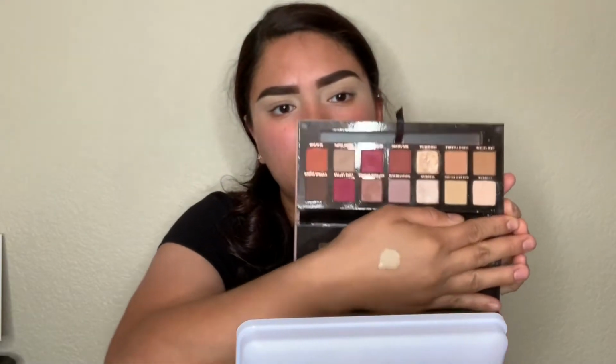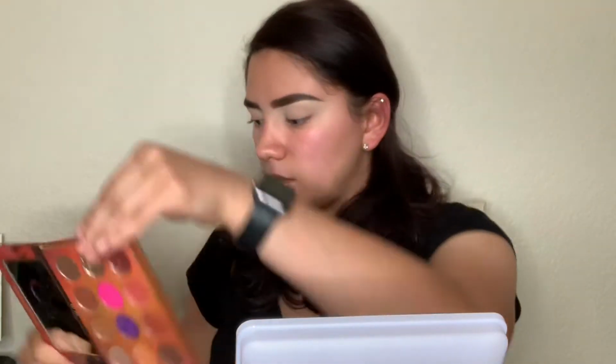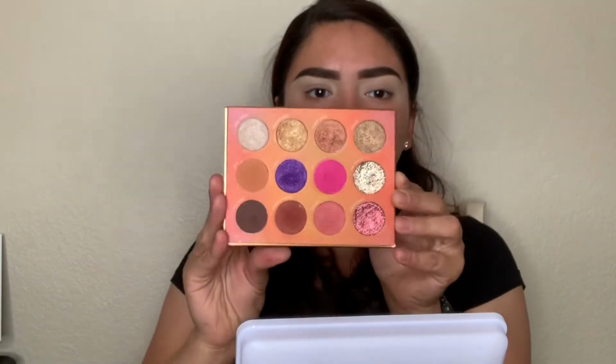So now let's move into the eyes. So I have the Modern Renaissance Anastasia palette, and I've used this before on this channel. That's what the colors look like. And then in one of my Boxy Charms, we received the, what is this called? The Pure Festival palette. Has something like this. Today I'm going for more of a bronzy look, and then I have the Too Faced